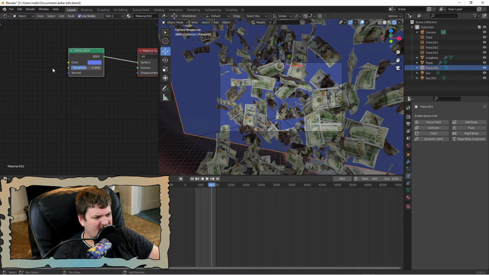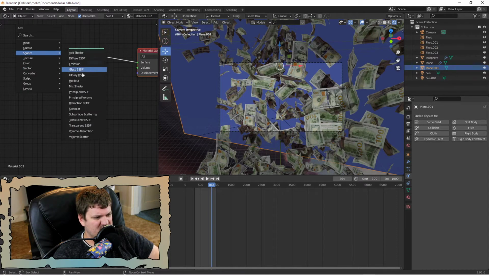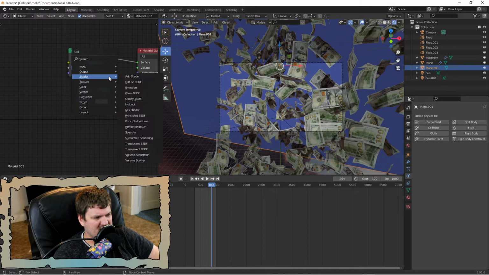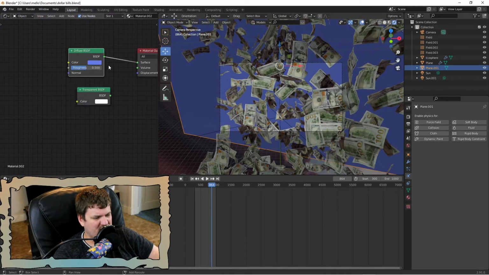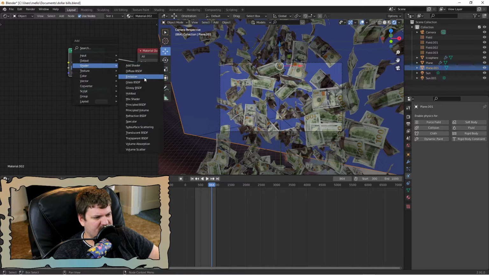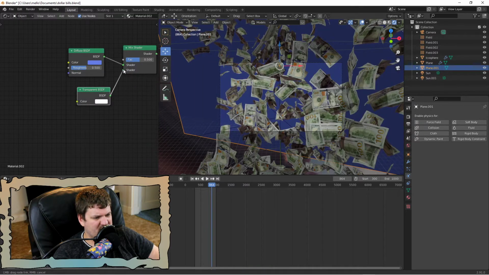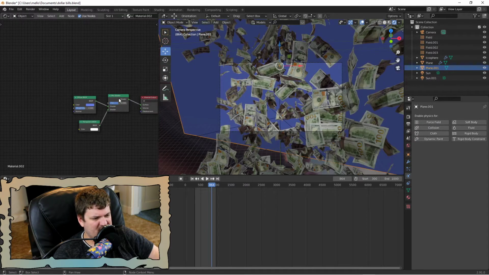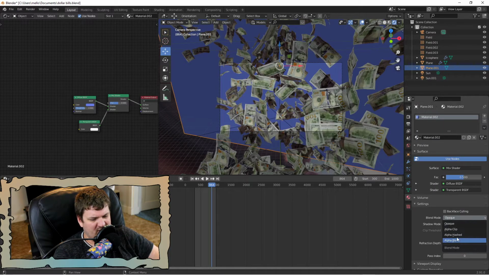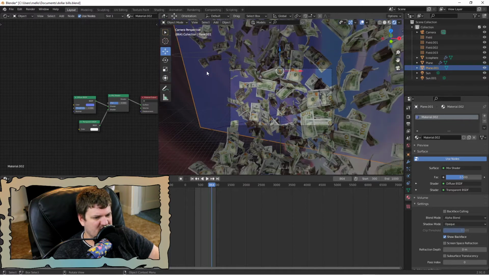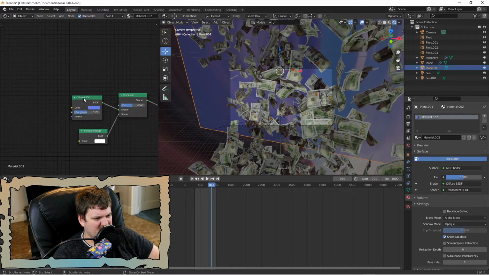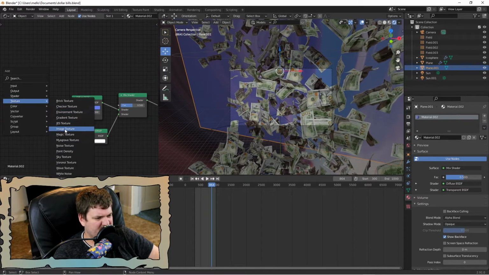And then you're gonna want to do the transparency. So you add transparent, and you mix that with your regular shader, and then you put that matte in here, and make sure you have the material settings on blend. So then basically you add in a texture,